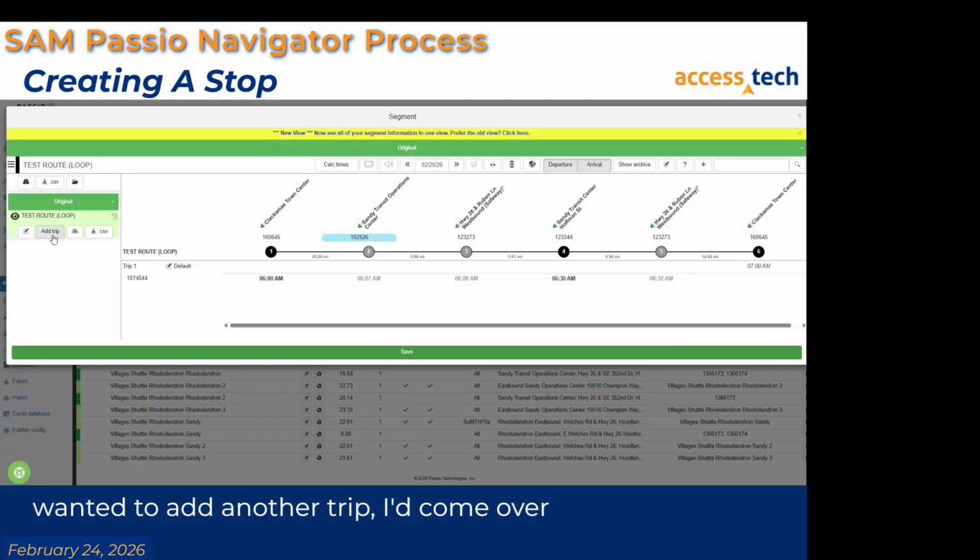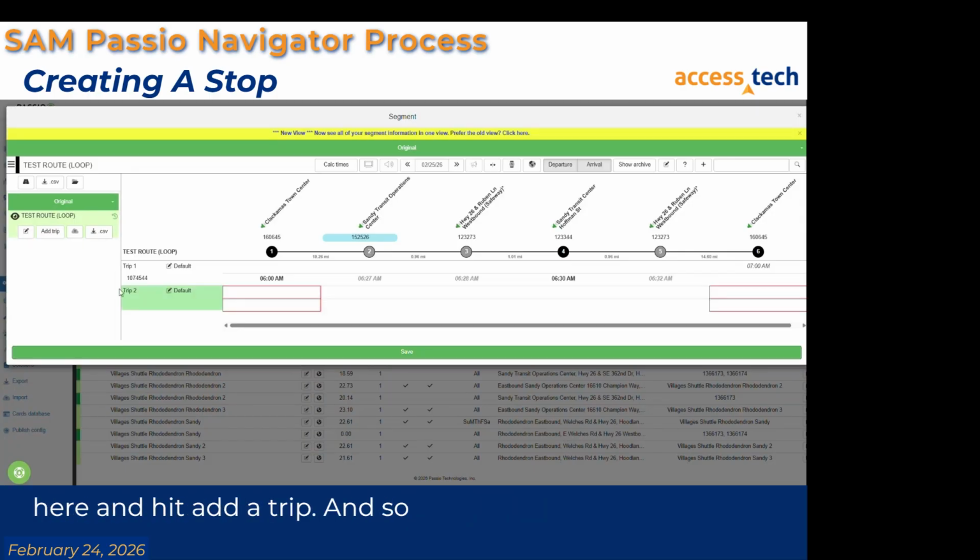And if I wanted to add another trip, I'd come over here and hit add a trip. And so maybe the next one is at 7:30. We have a half an hour in between, as an example. And I put that in arrival by accident, so I'd want to put it in departure. And then we'd come over here and put in a departure. And then I would put the arrival. And then we could add another